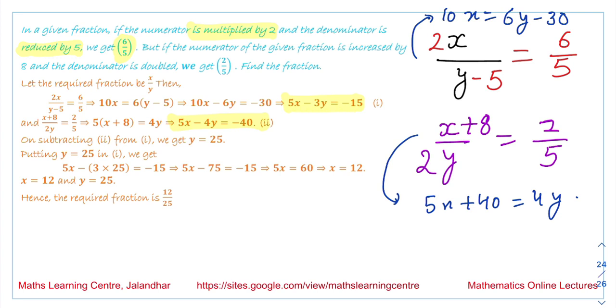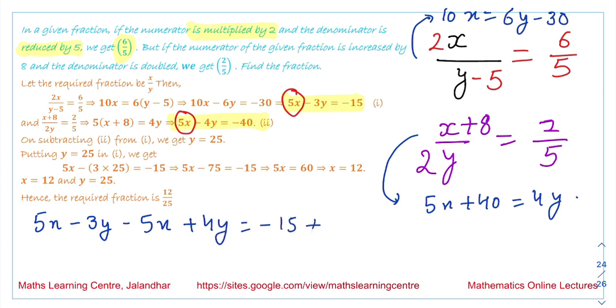In both these equations, the coefficient of x is 5. So we subtract these equations and we get 5x minus 3y minus 5x plus 4y is equal to 15 plus 40. These two terms get cancelled and